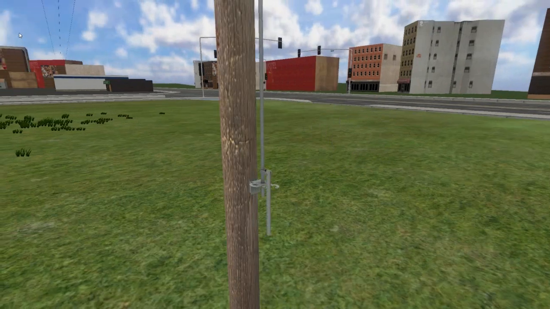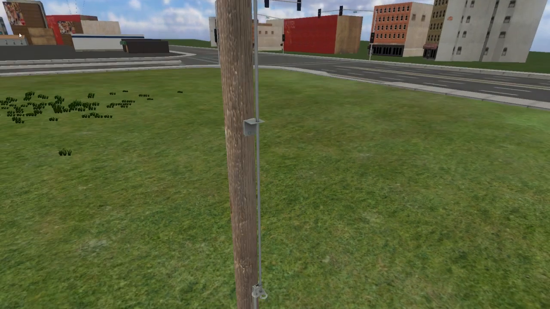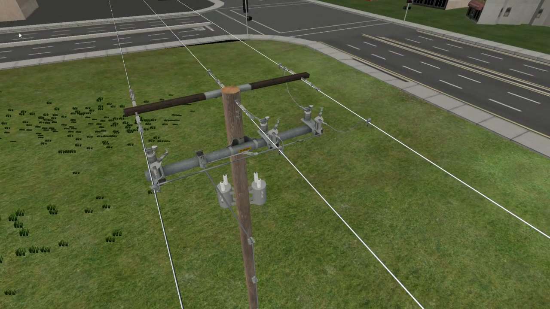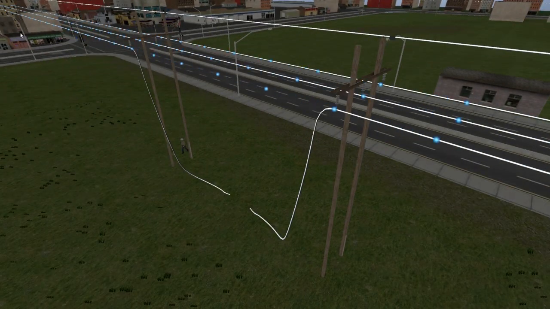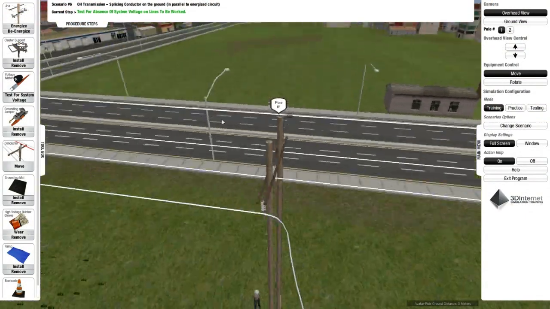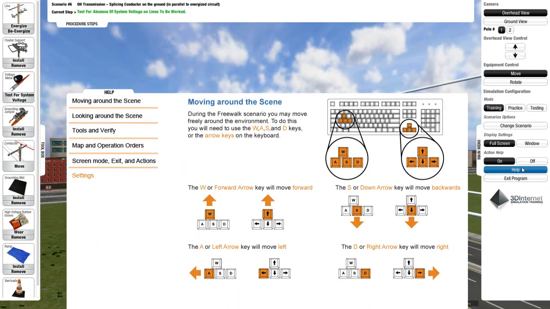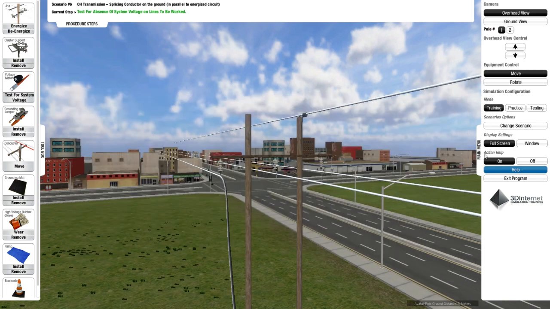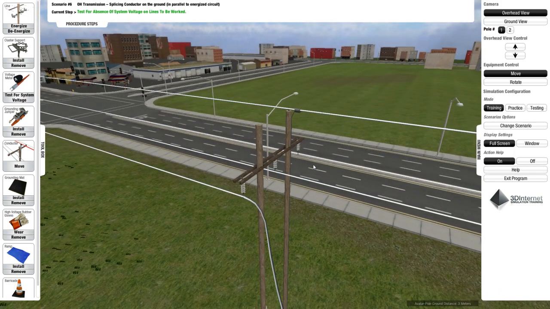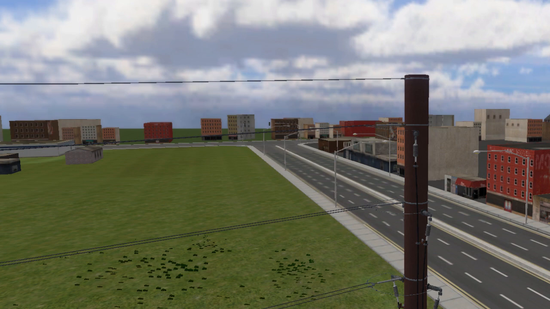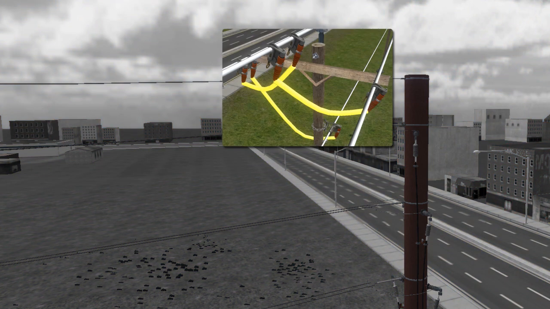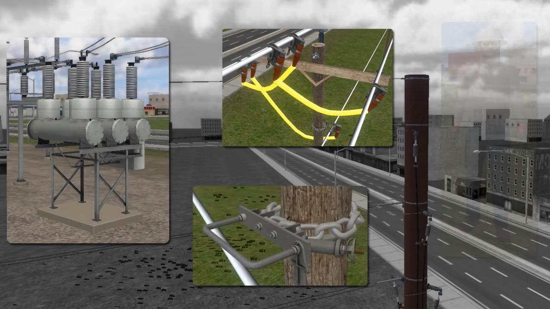The 3D graphic environment replicates the visual experience of being in the field where the work would take place. Through keystrokes or mouse manipulation, users can maneuver around the environment. The Help button can be accessed at any time for a full description of how to operate the program. As each step is performed successfully, it is graphically represented on the screen and the next prompt is queued up. The equipment and tools provided in the procedures include photorealistic models of the poles, lines, substations, tools, and appropriate personal